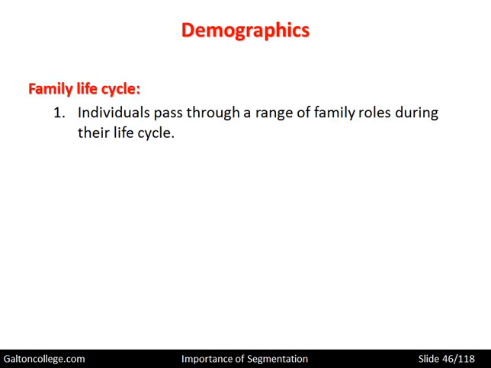Family life cycle. Individuals pass through a range of family roles during their lifetime. At one stage, they're unmarried, then they get married and have perhaps 2 children, or whatever is the norm, or whatever is acceptable, and so on. I think in the West we often joke about 2.4 children being the average. But they have a number of children. And as the children get older, the adults have different requirements because the children are getting older. Their house may be modified, and they'll have different types of furniture and different types of products in the house which reflect the presence of children.